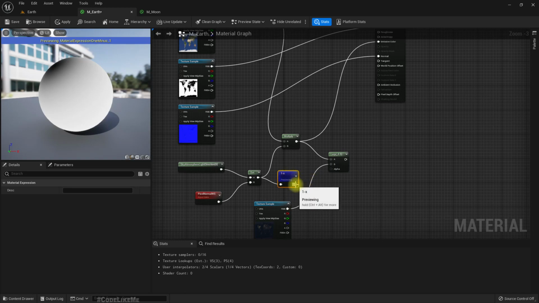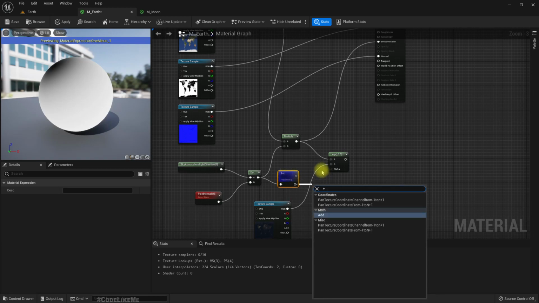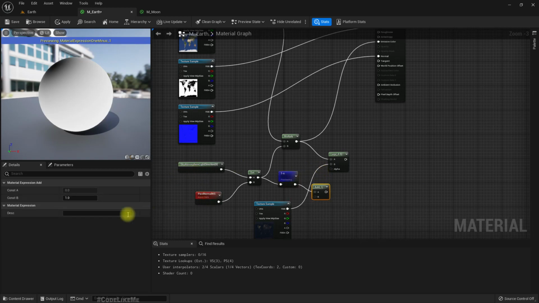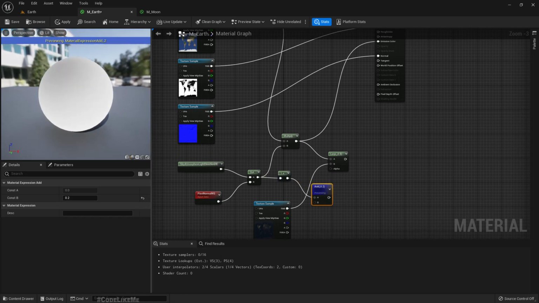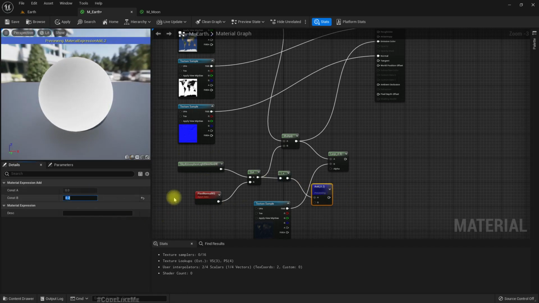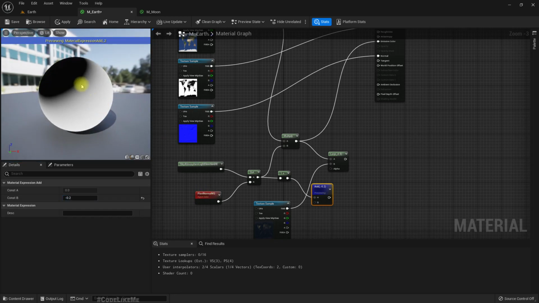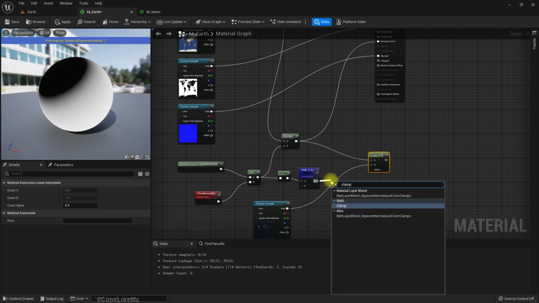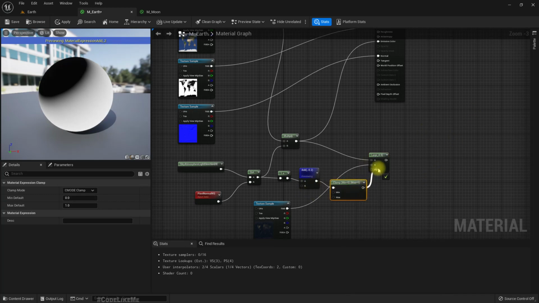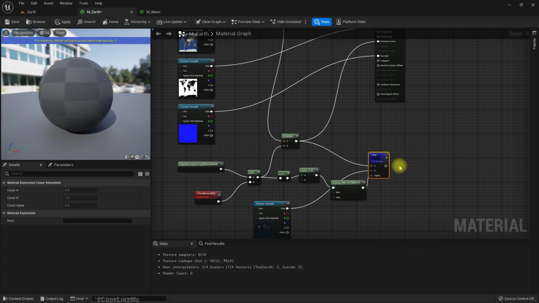So if I add a minus value like 0.2 here, minus value, that dark area becomes wider. To be safe, let me clamp this in between 0 and 1. Now if I preview this,